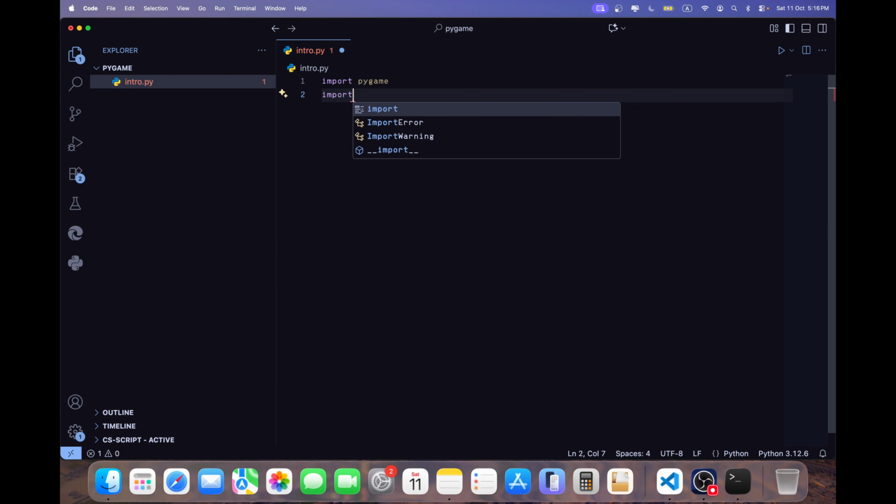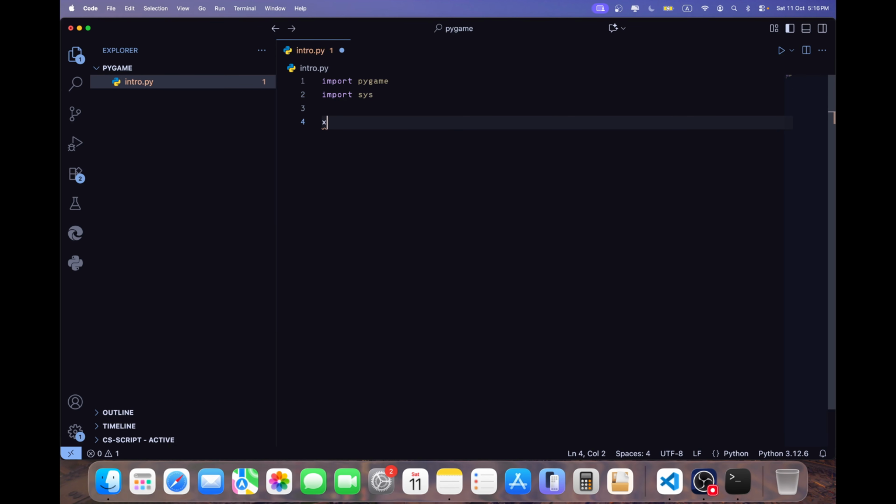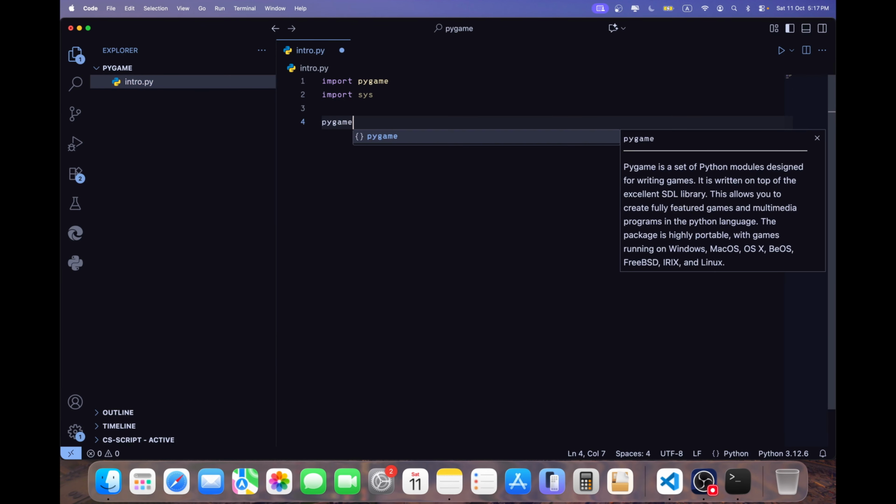Now we'll say we want to import something called sys, because when we run Python code, we initialize a Pygame library, what it will do is it will make two processes, one called Python and one called Pygame. Pygame will automatically close itself when you say pygame.quit, but we will still have a Python process still running. So we will close that using sys.quit, okay? So first we want to initialize Pygame. We'll say pygame.init,